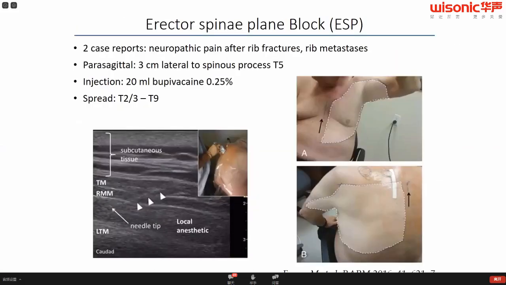This is the first description of the erector spinae plane block from 2016 from Mauricio Forero from the Kingston group. And these were two case reports of a patient with neuropathic pain after rib fractures and rib metastasis. And the erector spinae block was done at a level of T5 and 20 ml of bupivacaine 0.25% was injected, and they found a spread posteriorly and anterolaterally